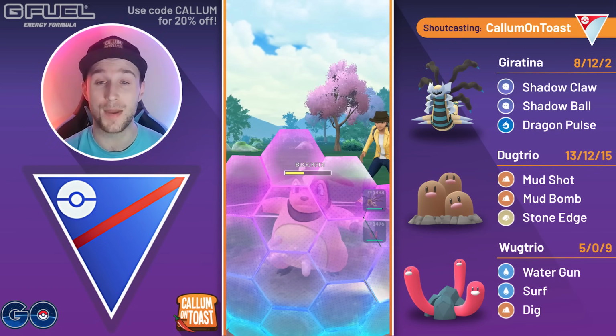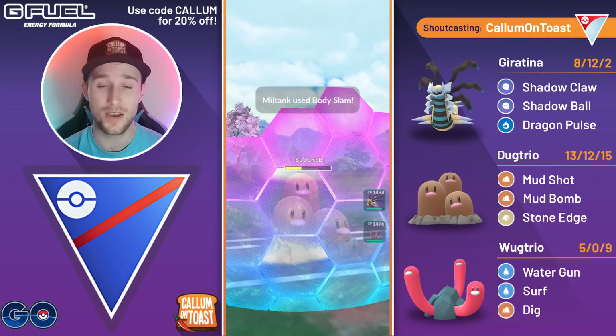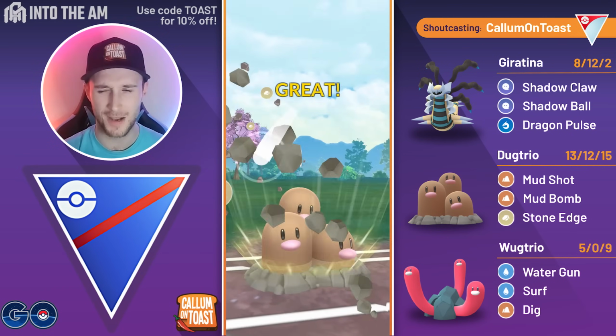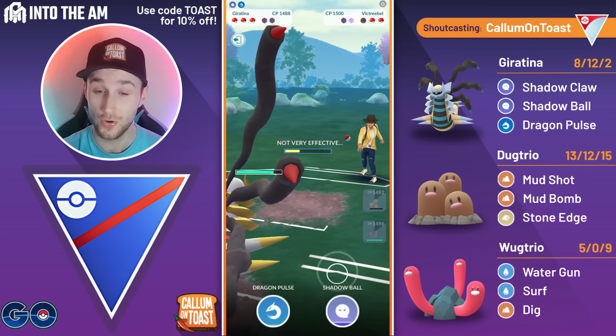Mud Bomb is going to grab a shield back from the opponent, and at this point I'm actually going to double shield my Dugtrio, but I've got to be very careful here. I do need to overfarm in this matchup, but the opponent actually swapped into Victreebel, so I end up just kind of panicking, going for a Stone Edge, a bit unnecessary. I probably could have just swapped back into my Giratina without throwing a move at all, but they come back in with the Miltank,